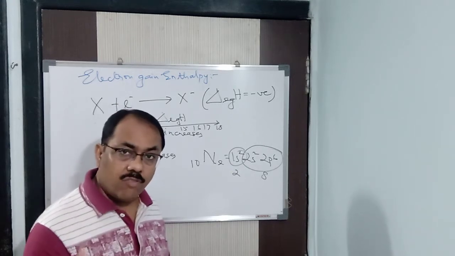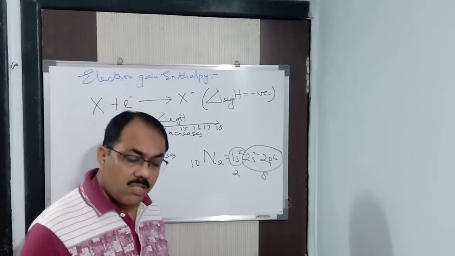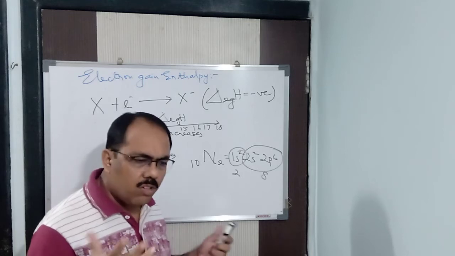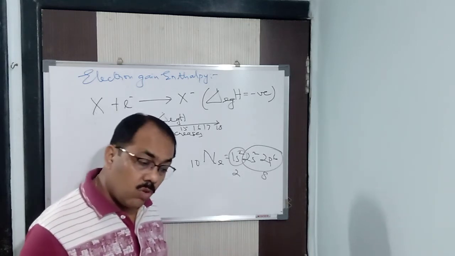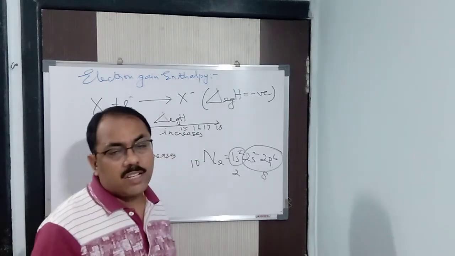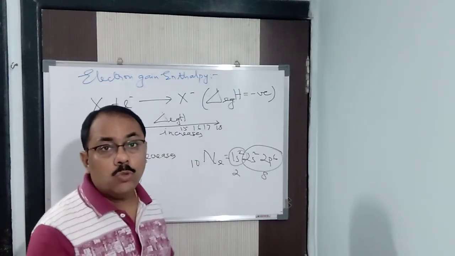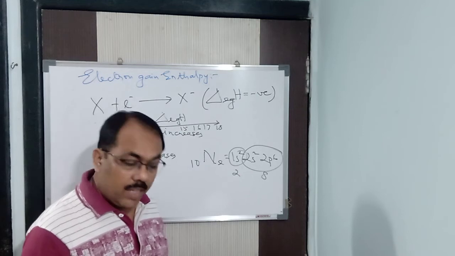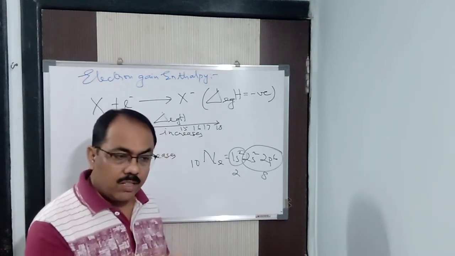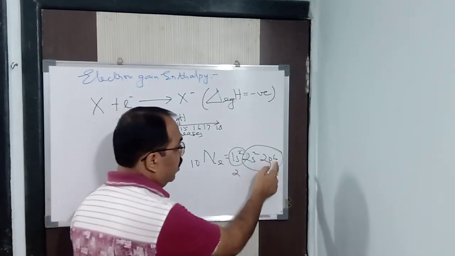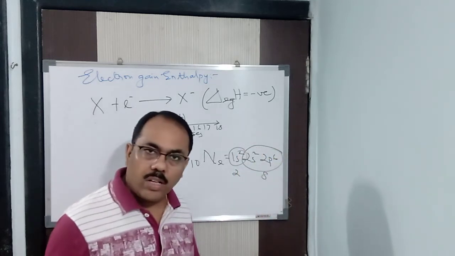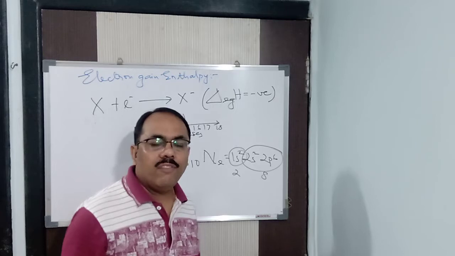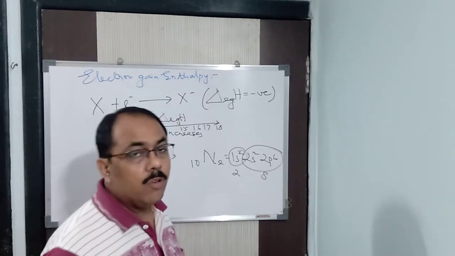Now the reason why it is highly positive: if you want to add an electron, it will not take it, because it has no tendency to gain any electrons. So you have to add an extra amount of energy to it, not a small amount, a huge amount of energy. Then only that level is created and the electron will jump to that third level. So in the vacancy which is created, you can add an electron. Alright, that's it. In this way you find that the electron gain enthalpy of noble gases is 0